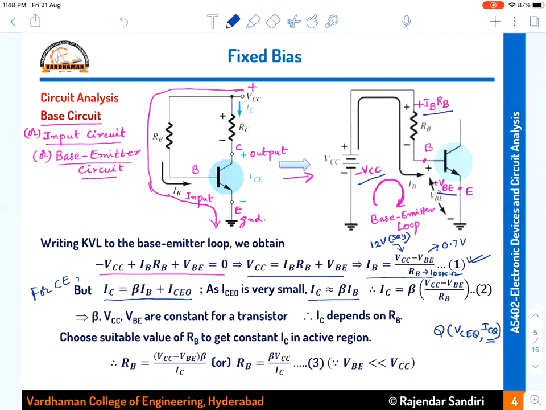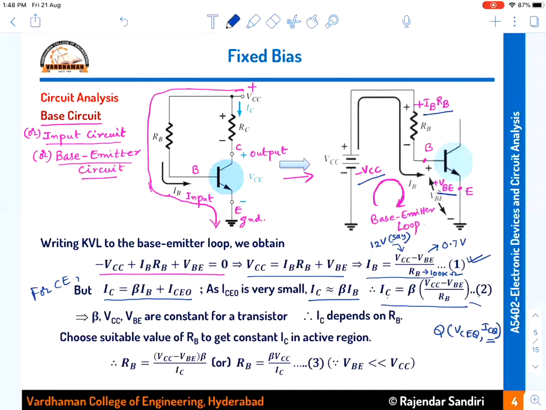Okay. Then IC is equal to beta times equation number 1, where equation number 1 is IB. Then you will get the IC value as equation number 2. Whatever the beta is for the given transistor, it will be given, maybe 49 or 100. For the given transistor, the beta value is known, VCC is known, VBE is known, RB is known. Then we can calculate IC. This IC from equation number 2 is the y-intercept of your operating point.